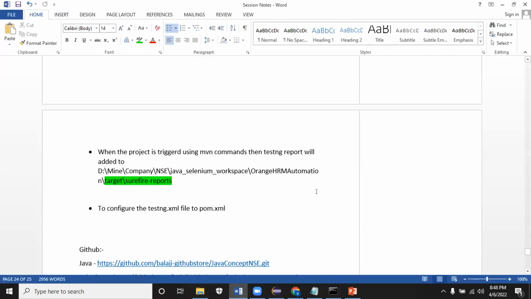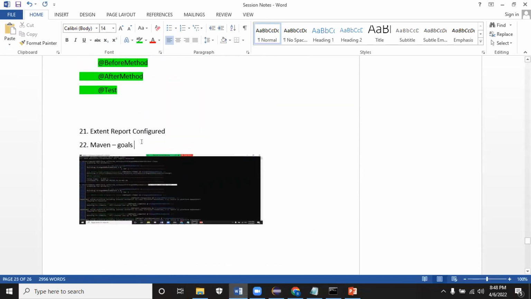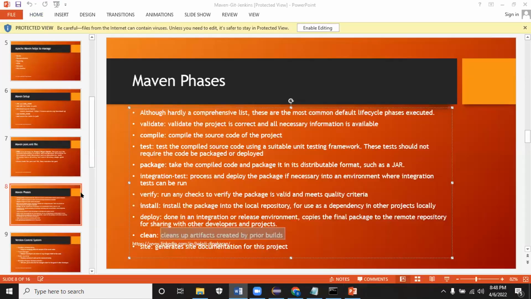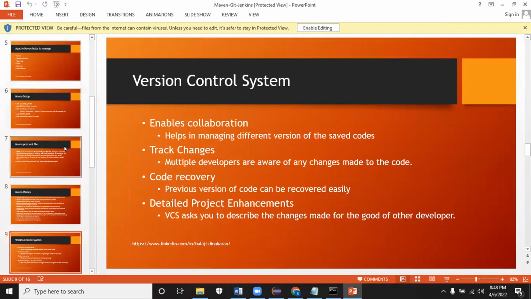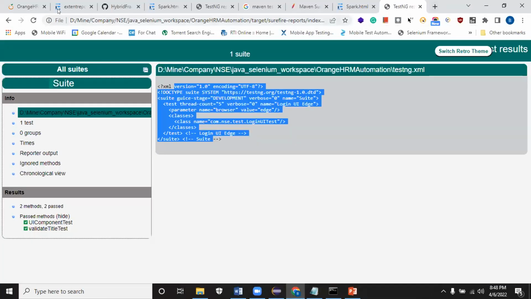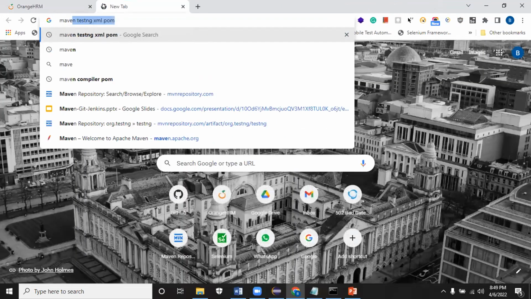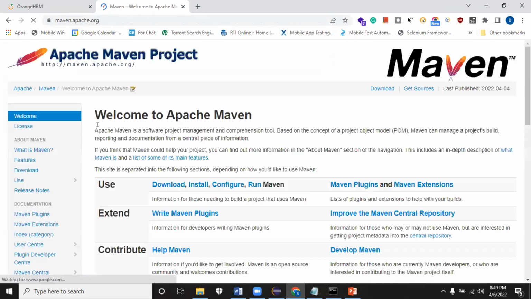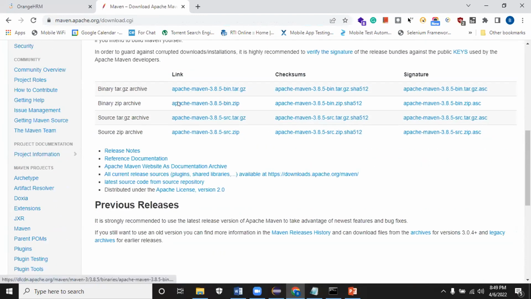Yes. Okay. To set up the Maven thing, to trigger it, in your case, you need to do a few things. You have to set up the Maven thing. Installation is required. You need to install a few things. I'll tell you what you need to install to add Maven. Just download this one, Maven, Apache. Under downloads, you can see the zip folder. Okay, binary zip is fine. If it is a Mac machine, then the first one, otherwise the second one. Just download this, which I pinged you.